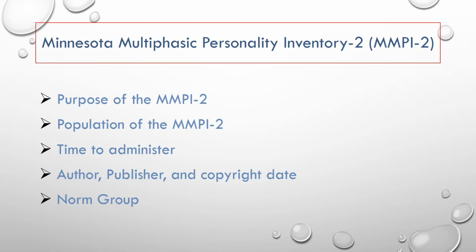Now let us discuss the Minnesota Multiphasic Personality Inventory 2. The MMPI-2 assesses psychopathological issues in adults with a minimum reading level of 5th grade. As a broad-based test, the MMPI-2 assesses numerous major personality patterns that relate to emotional and behavioral disorders. It consists of 563 true and false items and takes approximately 40 to 90 minutes to administer as a self-report